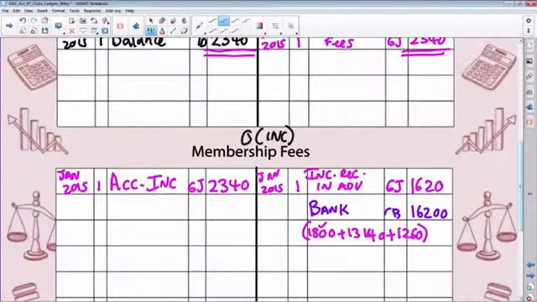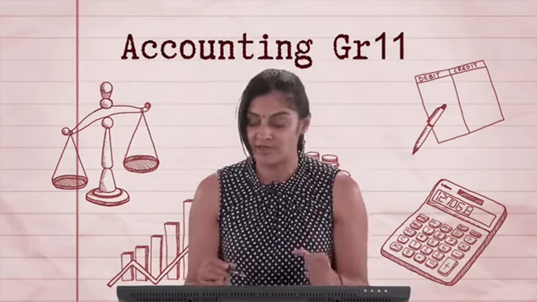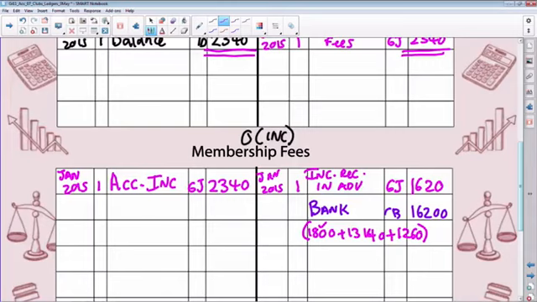The 1,260, now remember guys, this belongs to the next financial year, 2016. So immediately that matching principle tells me, take this out. Remove that 1,260. So let's do that first. Let's remove this amount. So I'm now going to debit membership fees with income received in advance, and the amount is